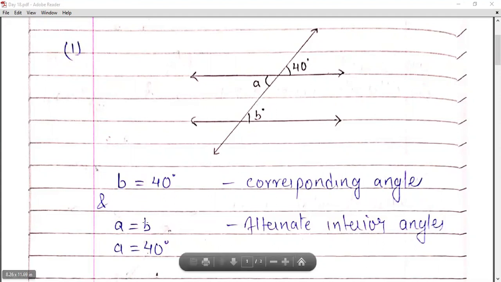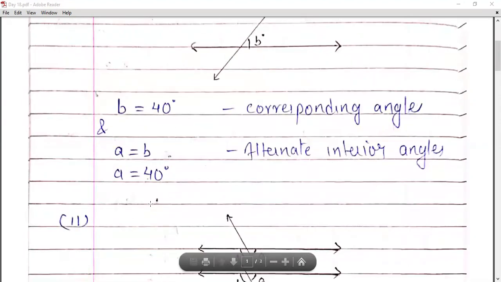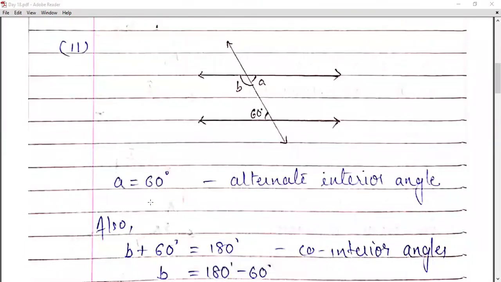So A is equals to B and angle B is equals to 40. So we have substituted the value of angle B over here. Hence angle A is equals to 40 degree. Moving on to second part,